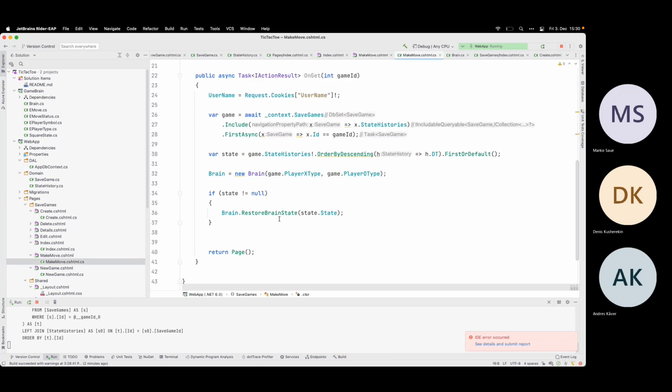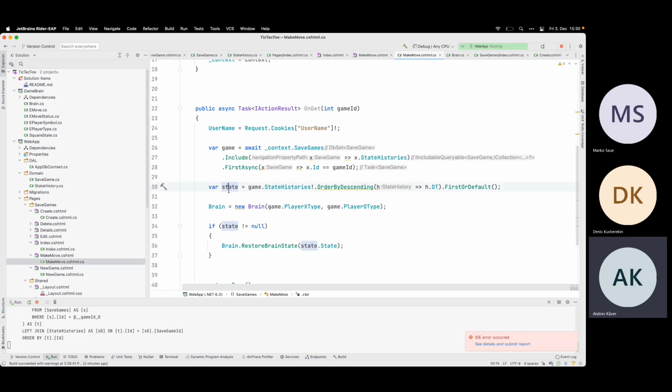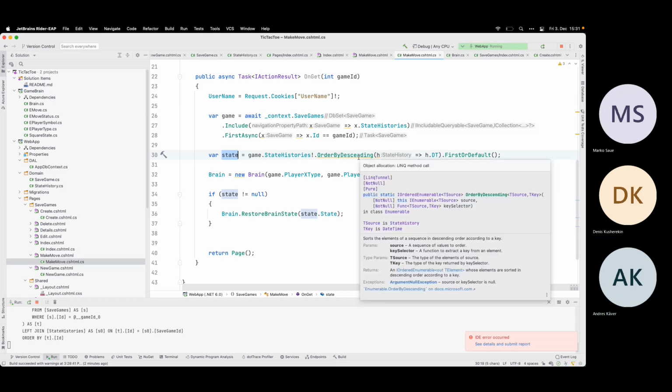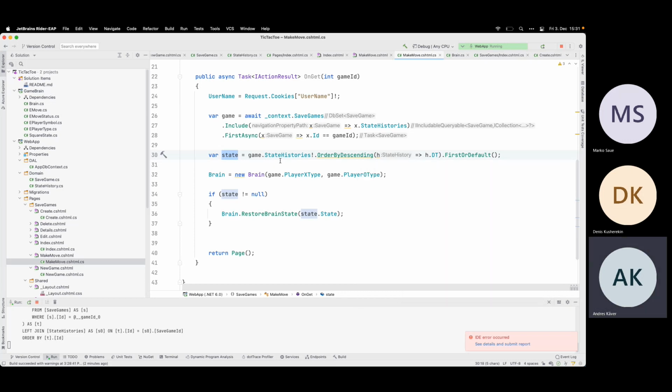Let's go here. So this state here, this is a database entry. I have the ID for it. So now, when I come from the post with the new coordinates, like let's make a move into the XY position, yeah, into the, I don't know, square 0, 0, or the 1, 1 into the middle of the board. I can then load back the game with the state histories. And I need to keep track of what's the previous ID for the state. If this one is still the latest, then it's okay to make the move.